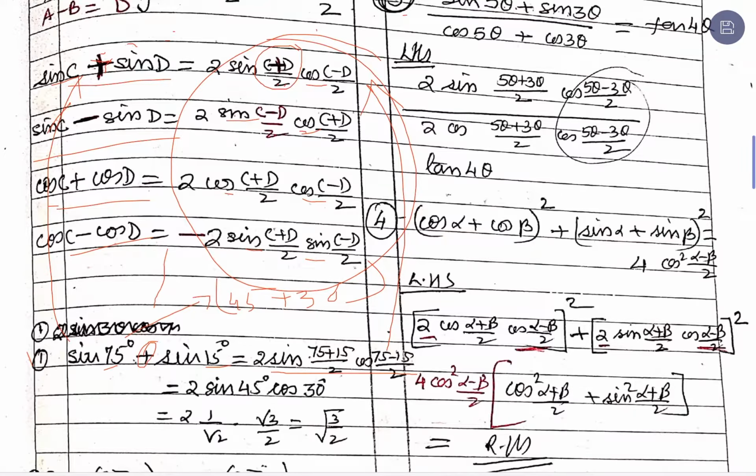So read the expression in terms of the formula, but when you write it, write it in terms of the values associated with it. Now the values of these expressions are known to us. This comes out to be 90 upon 2, that is 45, and 60 upon 2, that is 30. So we are aware of these values, so we will put them in and we get the answer in just one or two lines.